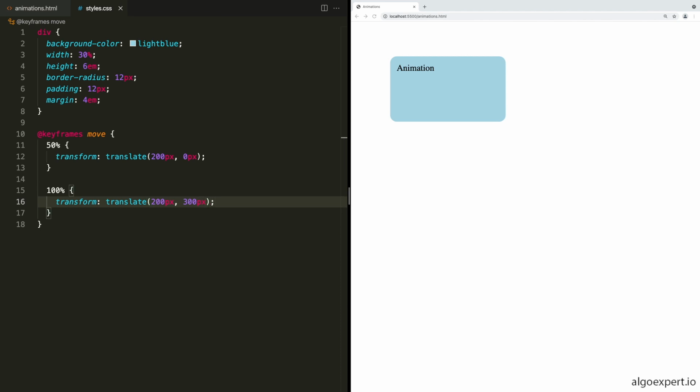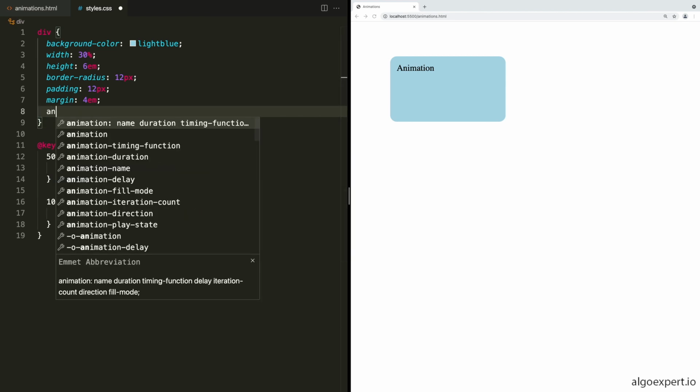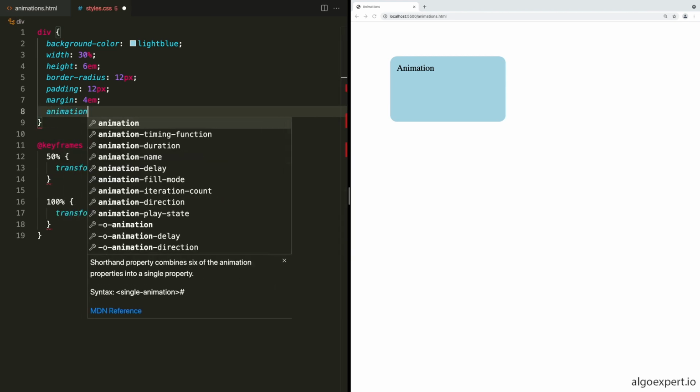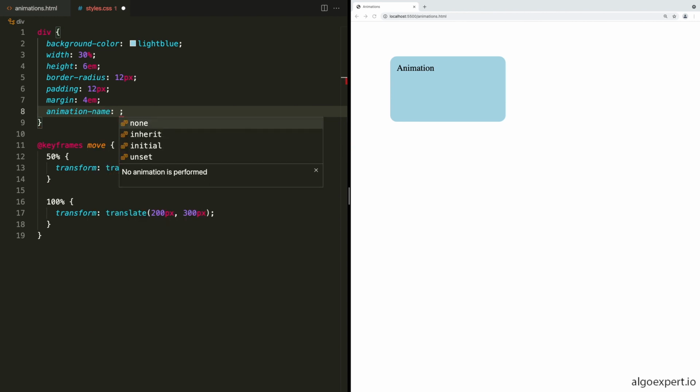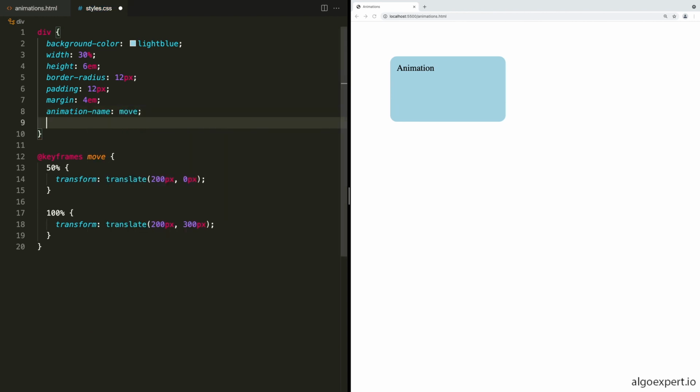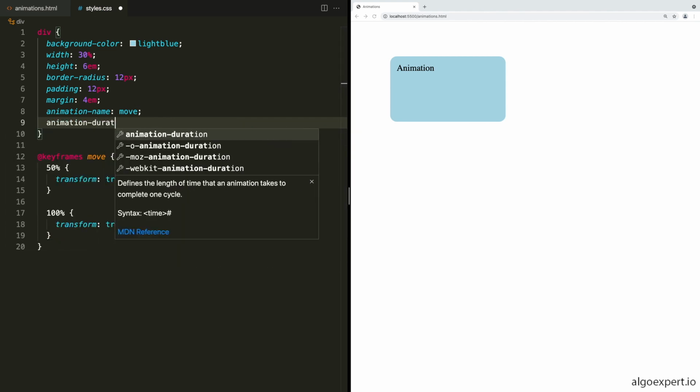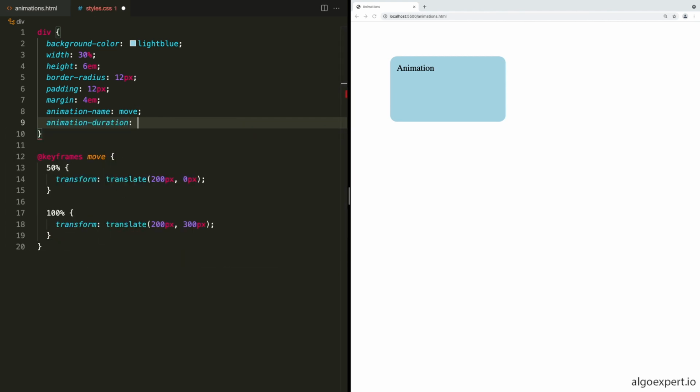And now we need to come back up to our div, and we need to define the animation property to say which animation are we using. So we can use animation name first to choose which animation we want, and we called it move. And then we can give it an animation duration, which let's say that this is going to take 3 seconds. And now when I save this, you'll see the animation will run, moving the div over 200 pixels, and then it moves it down 300 pixels,